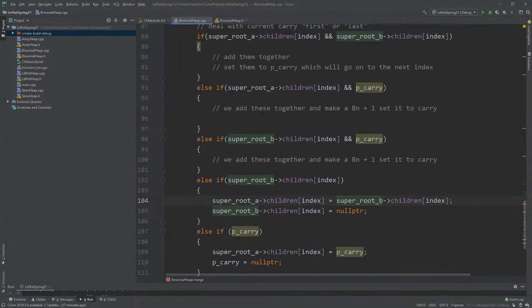What's next? What's the next easiest thing to do? Well, what if we have to add something from superroot A, index, and p carry? So p carry means that at the previous index we had to add stuff together, and we're currently carrying into this index. So what we're going to do is add these two together, and then we're going to have to reset p carry. So basically at this point, this is our first time that we actually have to check whether or not the value here is bigger than the p carry value,